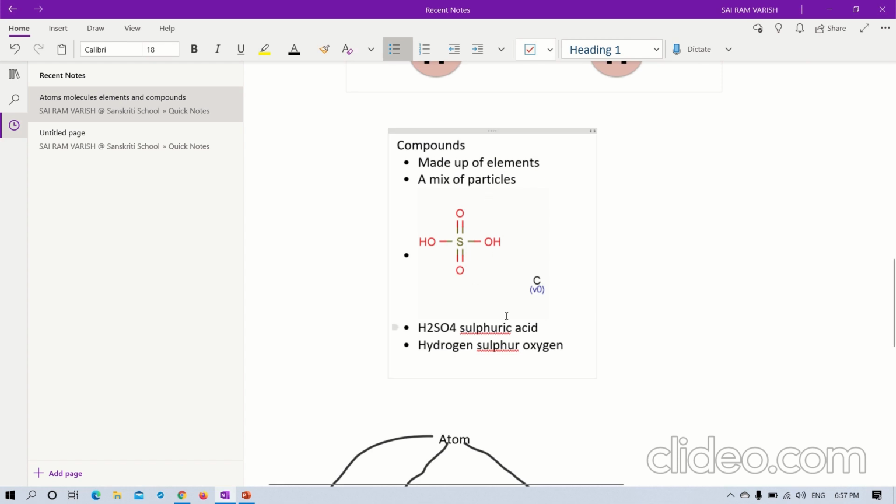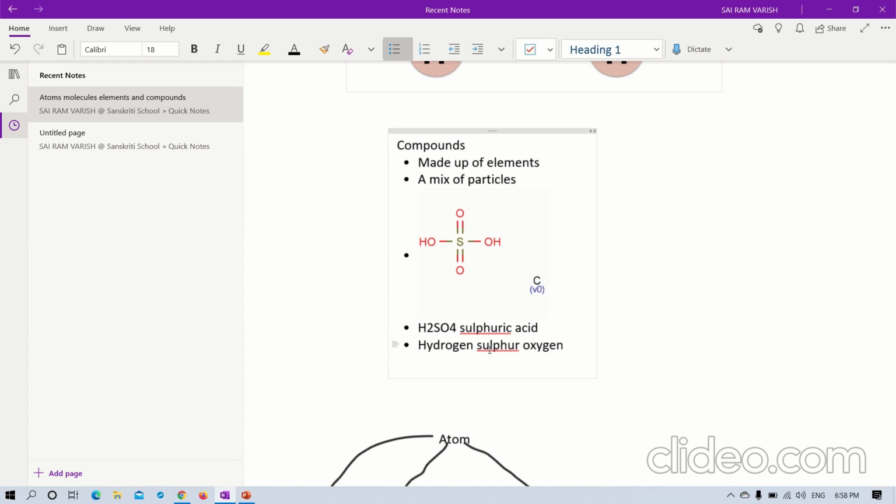Let us see this one. So over here, it's sulfuric acid, H2SO4, in this example. So it has hydrogen in it, it has sulfur in it, and it has oxygen in it. So it's a mix of all these elements and it forms a compound. So to summarize, an atom is the smallest particle, then